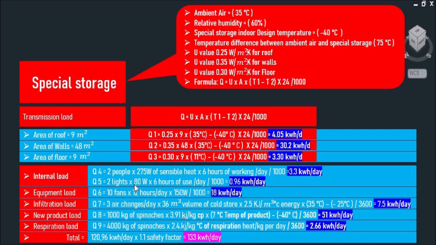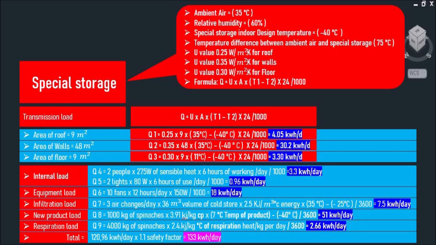2 lights multiplied by wattage multiplied by hours of use per day, divided by 1000. That comes out to 0.96 kilowatt hours per day. Equipment load, 10 fans, and if we drop these numbers in, that comes out to 18 kilowatt hours per day. Infiltration load, 3 air changes per day, comes out to 7.5 kilowatt hours per day. New product load, 1000 kilograms of spinach, and if we drop these numbers in, that comes out to 51 kilowatt hours